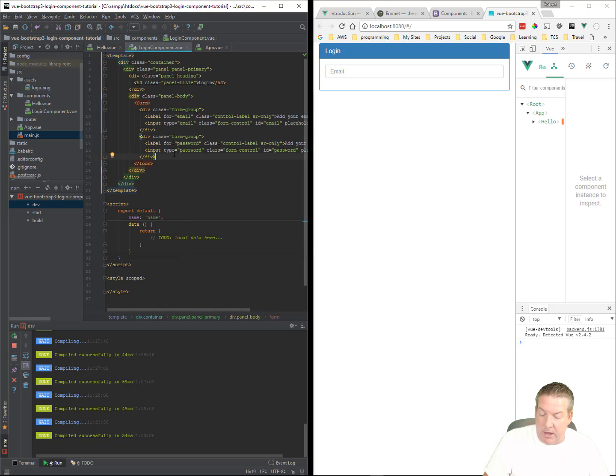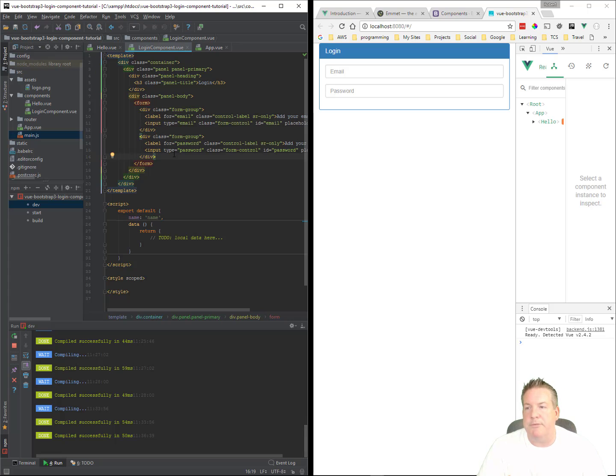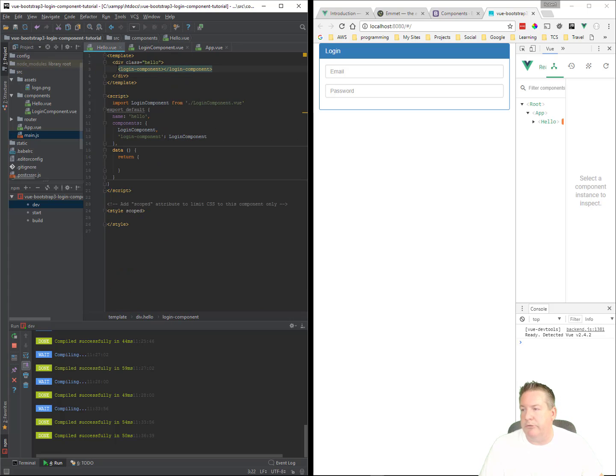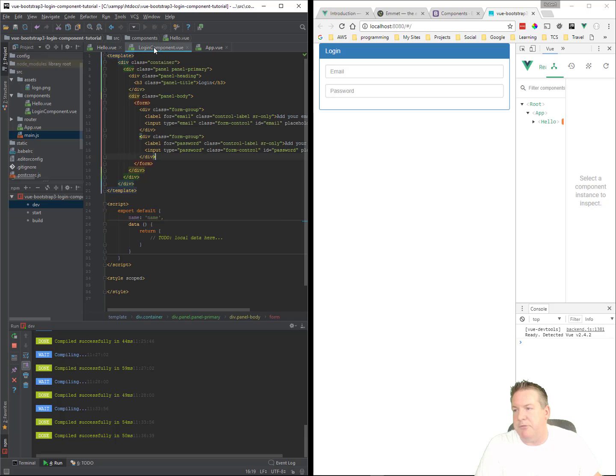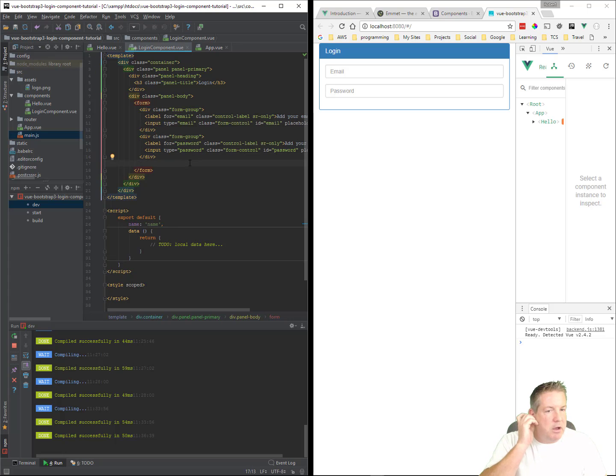Okay, so now we've got our email, we've got our password, we've got our login component. Remember, we're building the component. Hello World is using the component right now. We're not passing any props or emitting any events, because we're just scaffolding out our component in Bootstrap and getting it the way we want it to look. Okay,